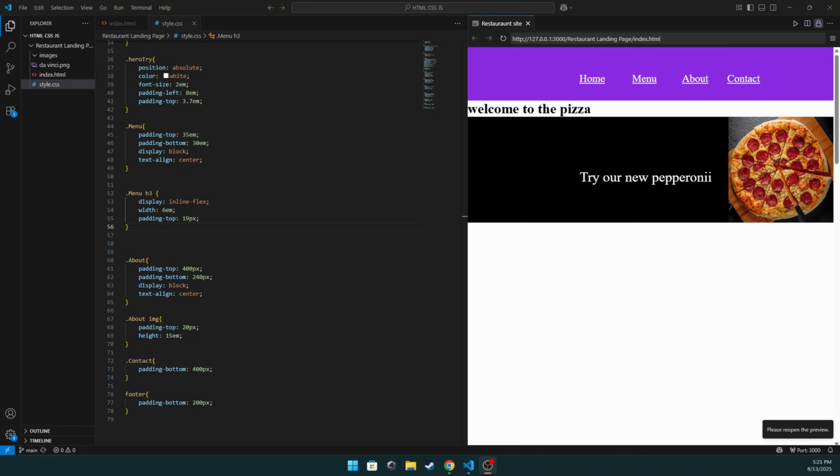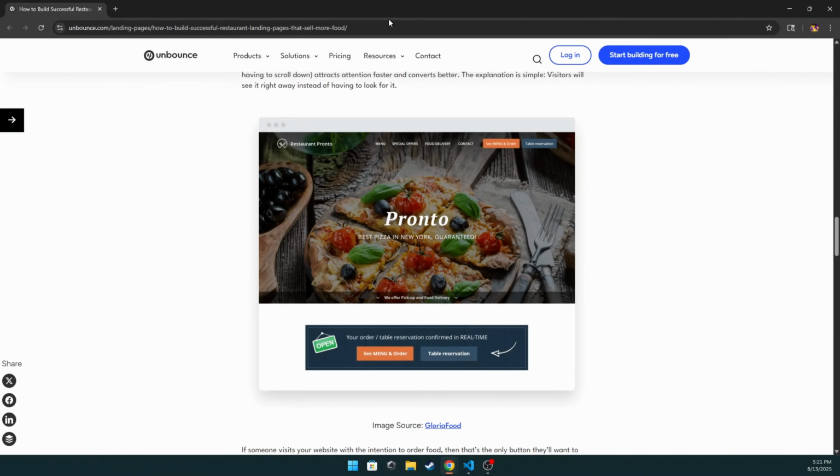Welcome back. So today we're still working on the restaurant landing page, but one thing that I didn't take into account was a wireframe or a blueprint on how I was going to make this. I just kind of thought, oh well, this is what I think will be cool. This is what my interpretation would be. Just thinking off the cuff, and really having a blueprint of what you want to make makes so much more